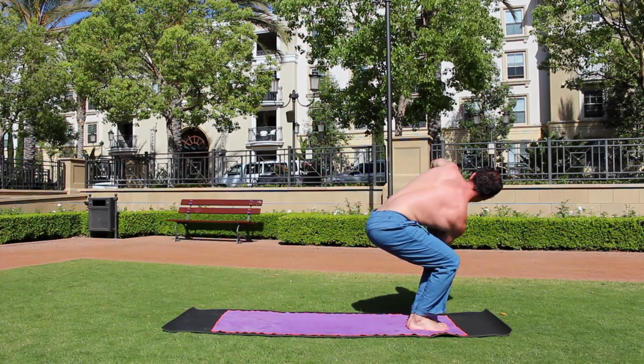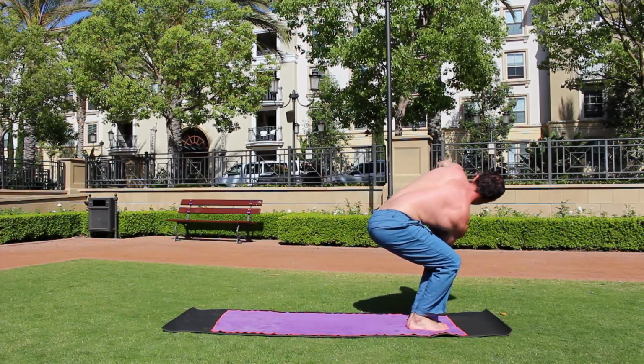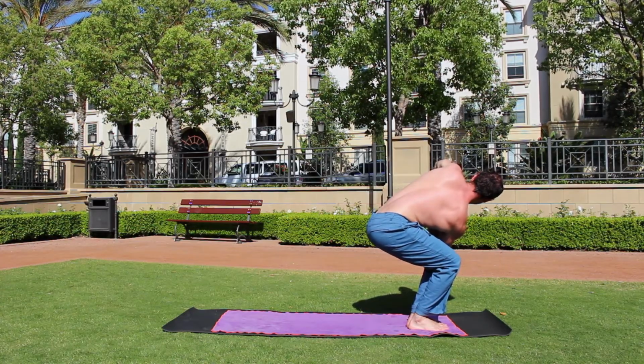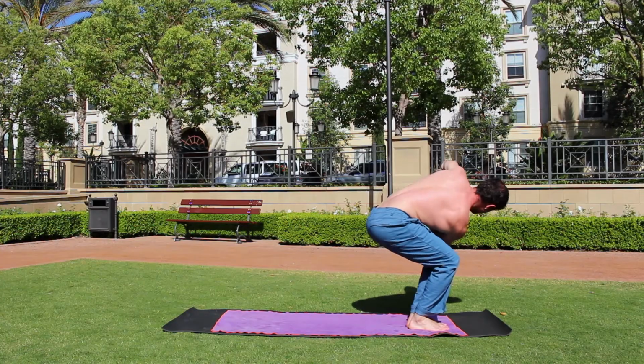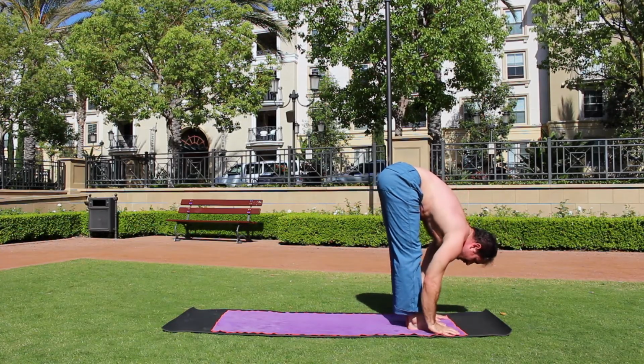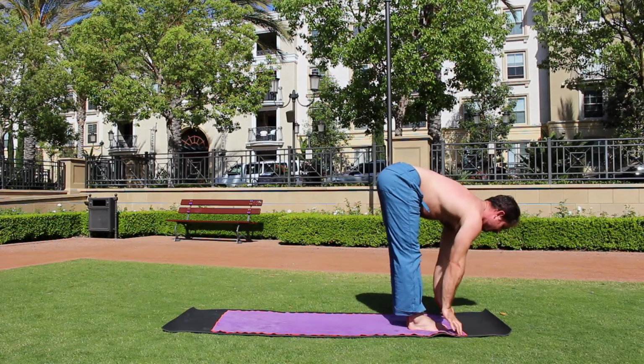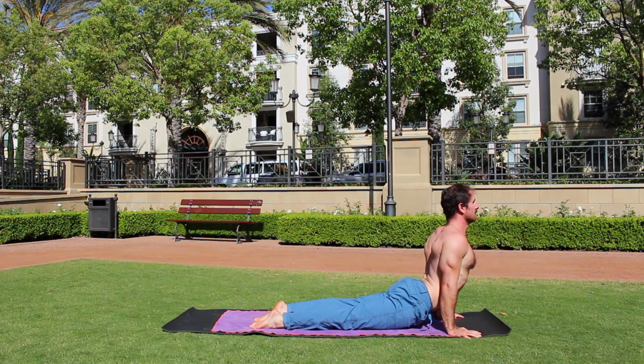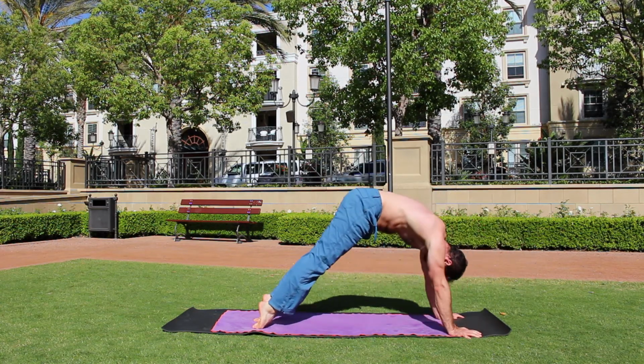Good. Make sure you're drawing that right hip and right knee back in alignment so it's not poking out in front. Weight mostly in the heels, maybe even lift the toes for a moment so you can prove to yourself that indeed your weight is in the heels. Good, and then forward fold, flat back, inhale, and chaturanga, step or float back, inhale, up dog, and